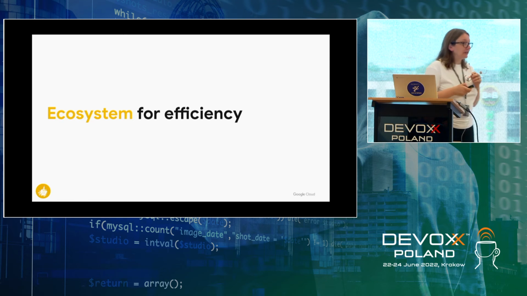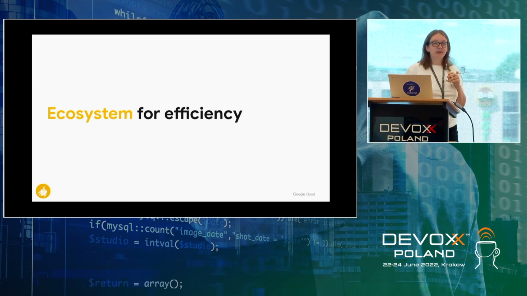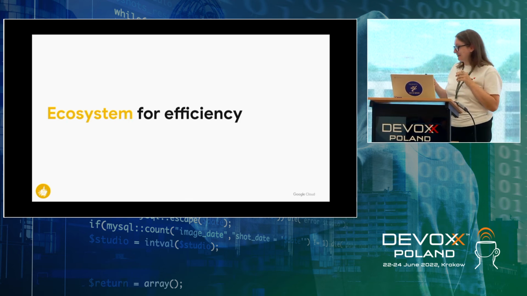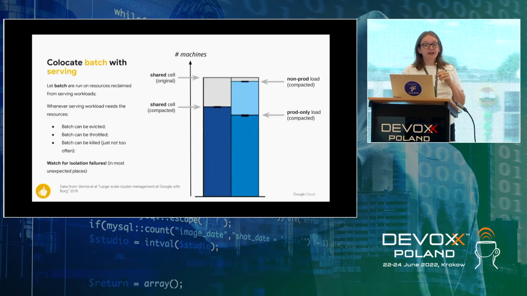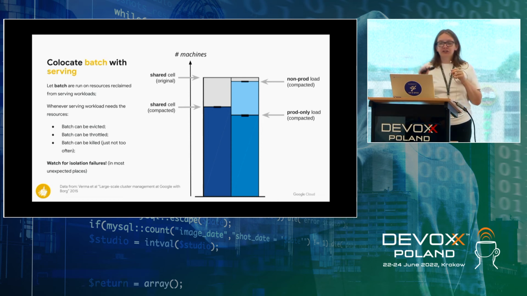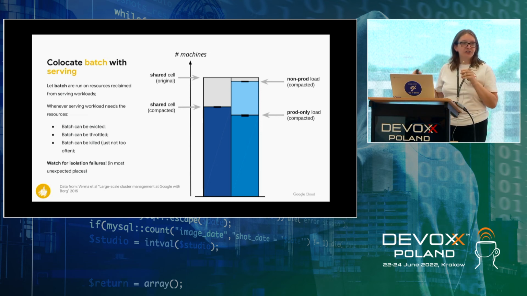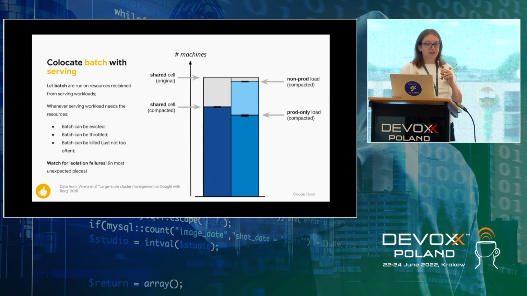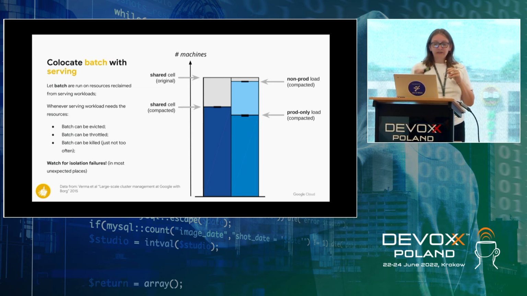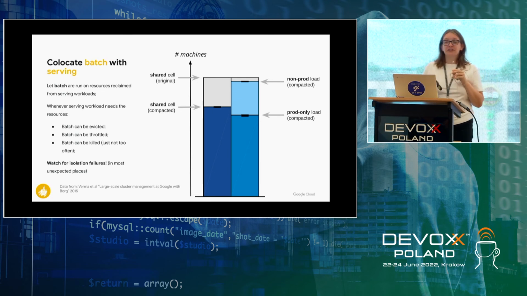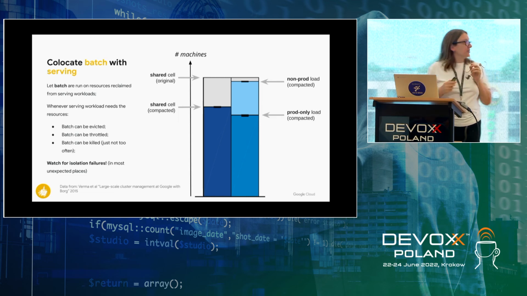Okay, and now about what we promised you earlier, about reclaiming memory and why we don't care that much about bin packing. So we collocate batch with serving. And you can think it's not really important whether it's batch and serving. You can think about batch as being the lower priority workloads, with serving being the higher priority. So we then run those lower priority batch jobs on those resources that are reclaimed from serving workloads. There was actually an experiment a long time ago, in 2015-ish. And you can see the result on this plot.